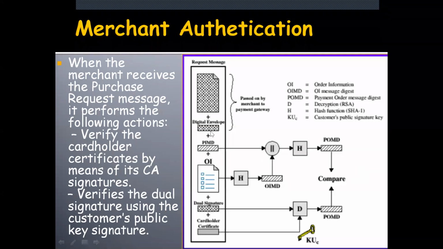So the merchant gets the order information, which is plain text. He hashes it, and a hash code is generated, which is appended with the hash code that we already have at the merchant side, which is PIMD, the payment information message digest. Applying the hash again, we get POMD. Here we have the dual signature, which is encrypted,